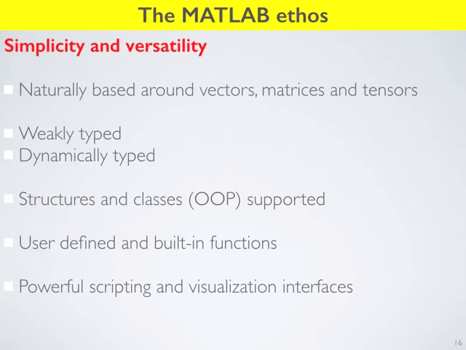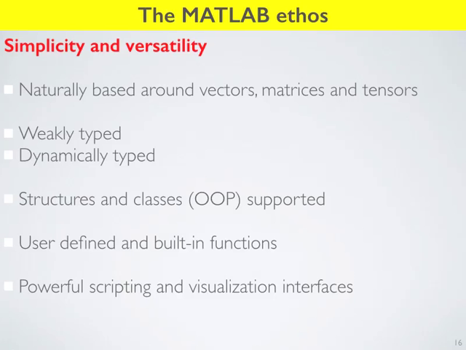It's weakly typed and dynamically typed. So if you're a computer scientist, you may have seen these before. So weakly typed means that the type of your variable can change on the fly. So you can start out life defining a equals 36, and a will start out life as an integer. But then if you want to convert it into a float, you might multiply it by 3.2, and a would suddenly become a float because it needs to be upgraded because you've multiplied it by 3.2, which is not an integer. And so floats can turn into integers, integers can turn into floats, floats can turn into vectors.